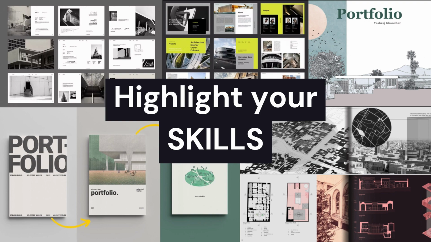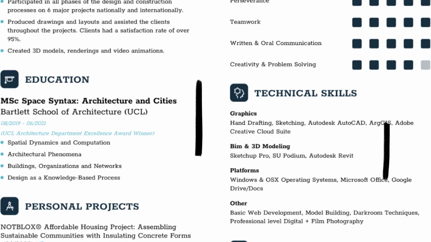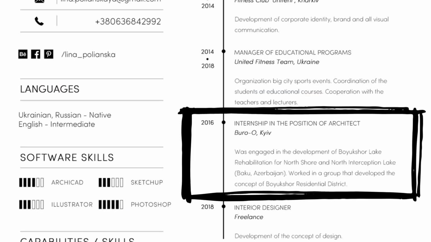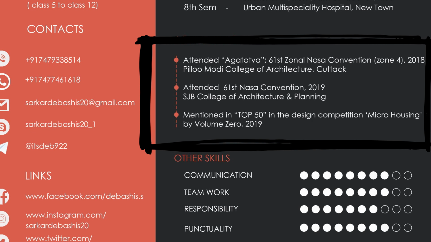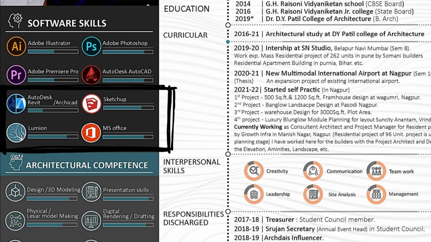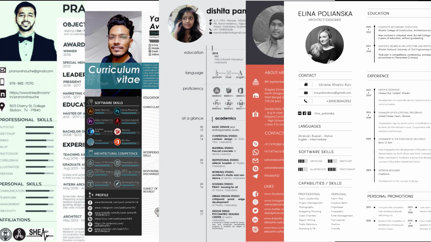Number 6. Highlight your skills. Whatever work you have done during your graduation time under someone, highlight that. It can be freelancing work of 3D rendering, 2D presentations, graphic designing, etc. Or if you have done any short-time internship, don't forget to highlight that too in your portfolio. In fact, many colleges offer extra courses which also should be highlighted if you have opted for any of them.